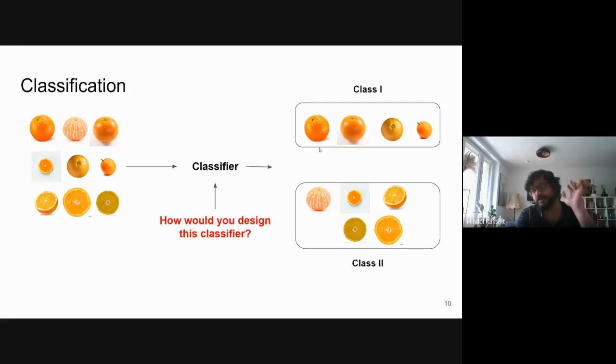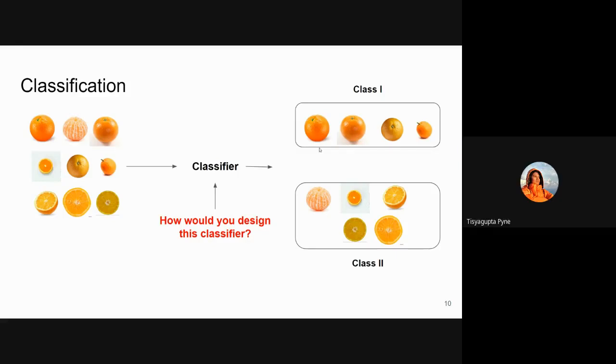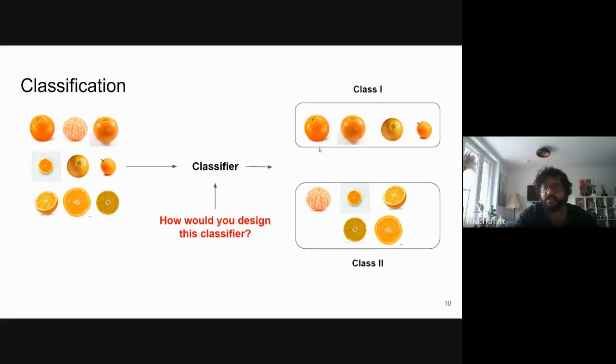I'm not going to tell you what would be pixel level information, just looking at the images, what would be a very basic understanding of what can be an orange with skin in this database and what can be an image of an orange without the skin. The green part. The green part of the orange is actually one good thing.